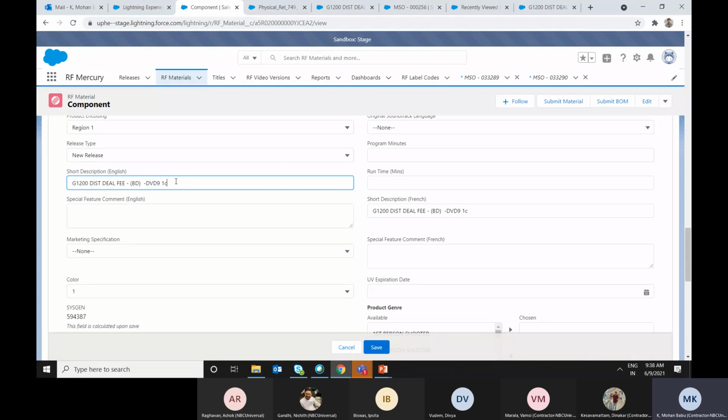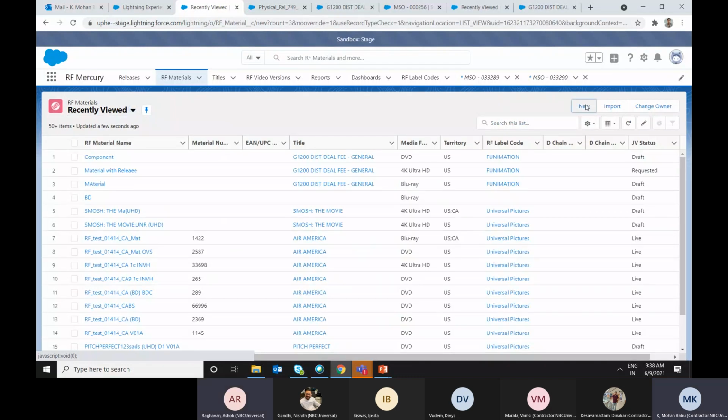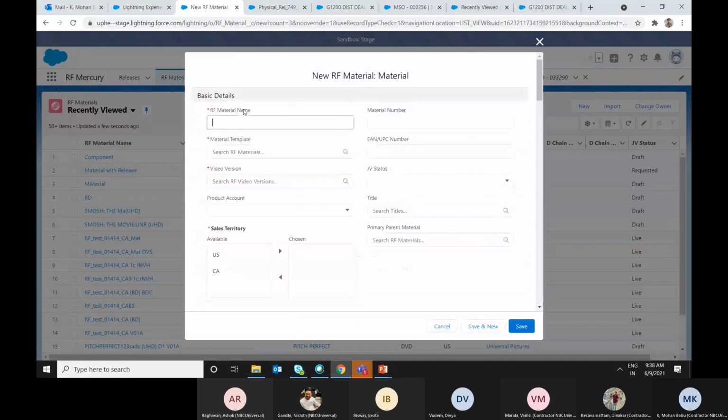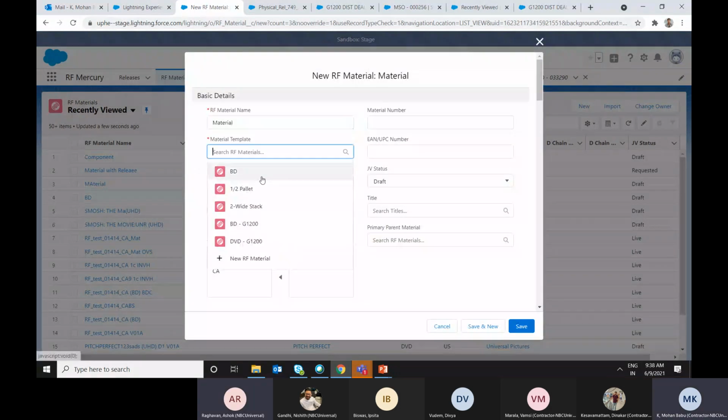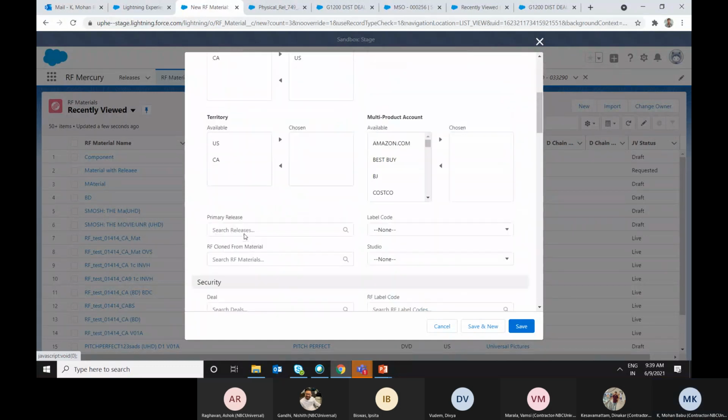If you create a material, it won't get considered. Creating a material. I'll be choosing the product account. Then